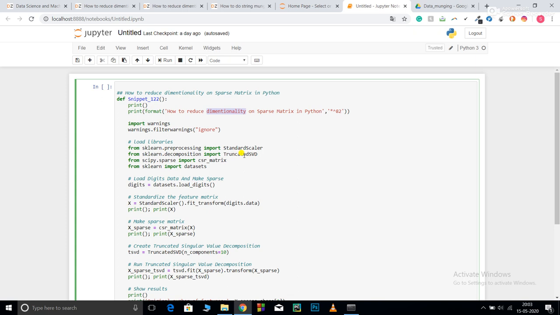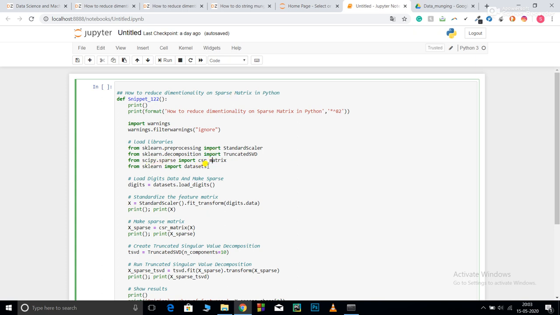SVD stands for singular value decomposition. Basically it is a product of three matrices, U, a sigma matrix and V transpose. You can search more on the internet if you want to, because this video is more focused on how to implement it. From scipy.sparse I have imported csr_matrix. This will convert my general matrix into a sparse matrix.